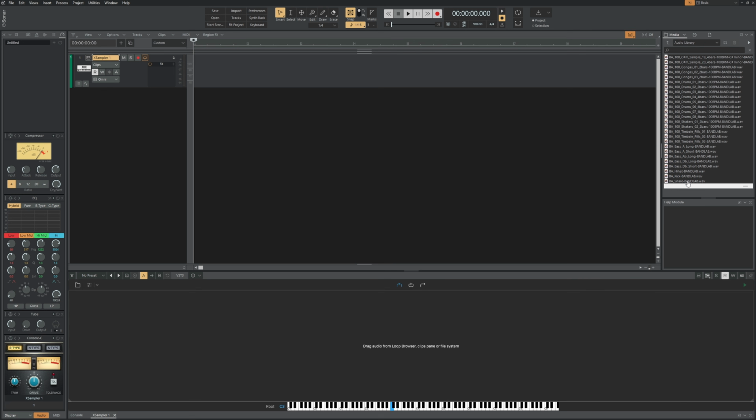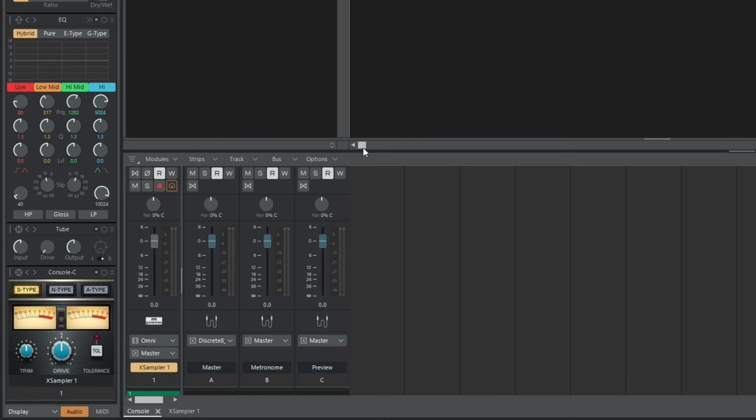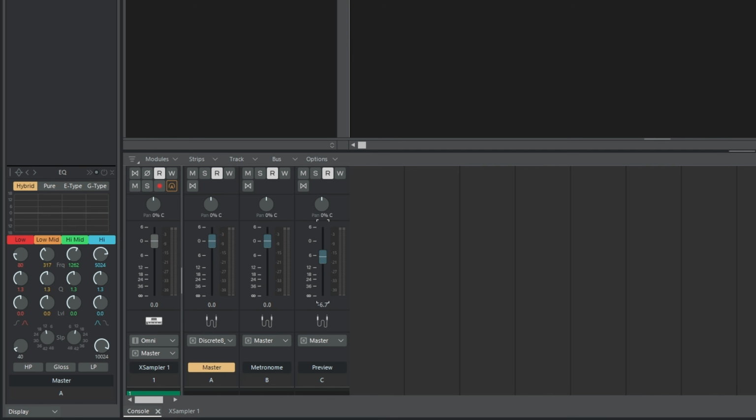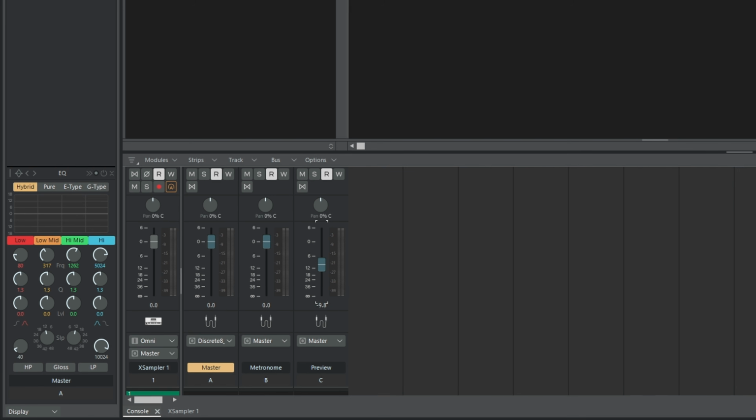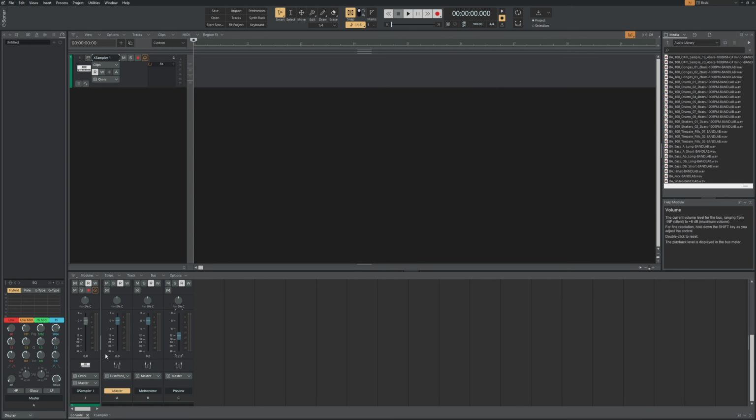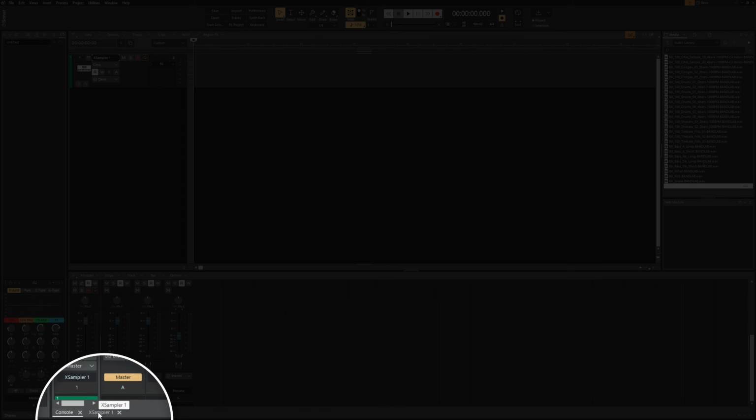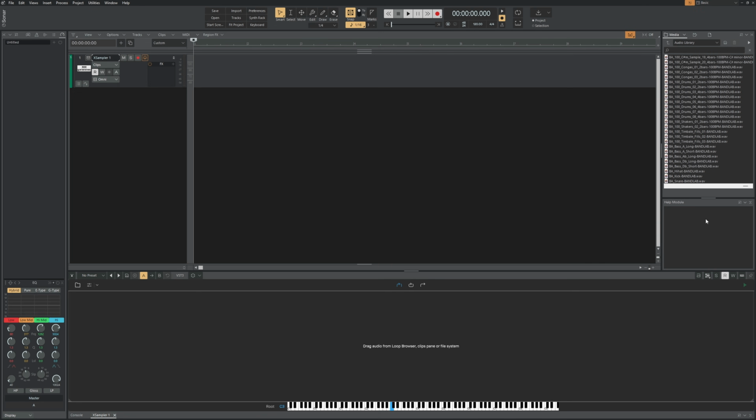The other thing that you can do is control the volume of these previews. If you go to your console, I'm going to press Alt 2 on my keyboard to bring up the console. By default, you may have noticed this before, there's a bus here which is the preview bus, and you can control the volume of your previews here using this fader. Okay, so I'll go back to XSampler by clicking on its little tab down here,